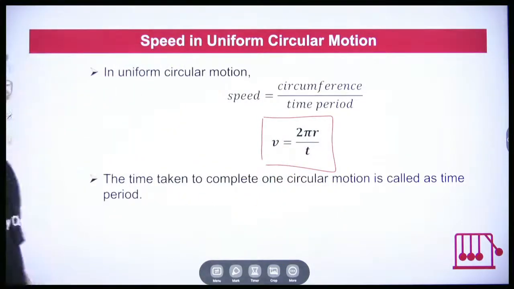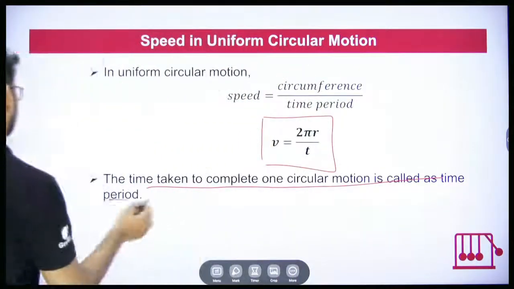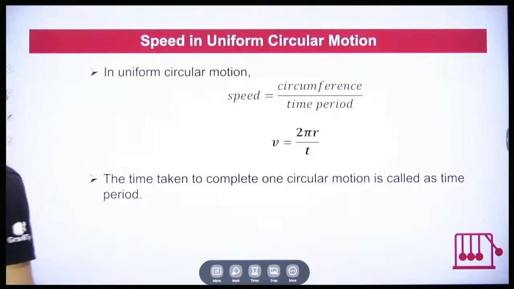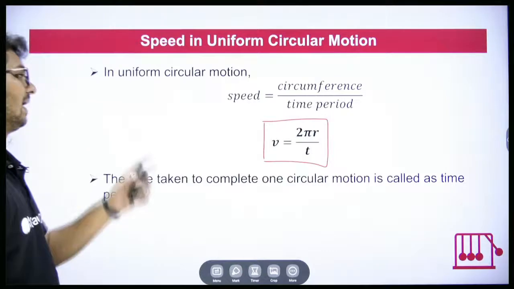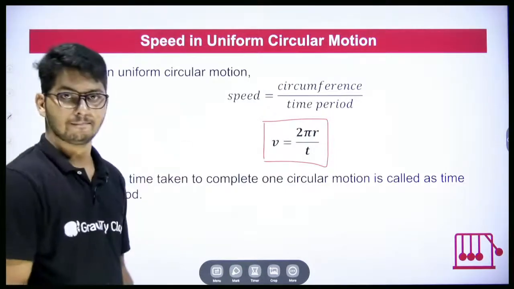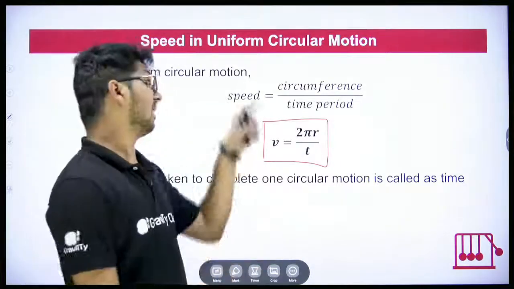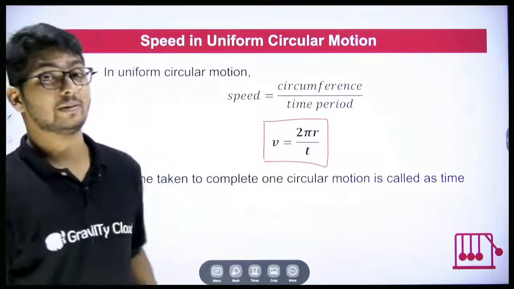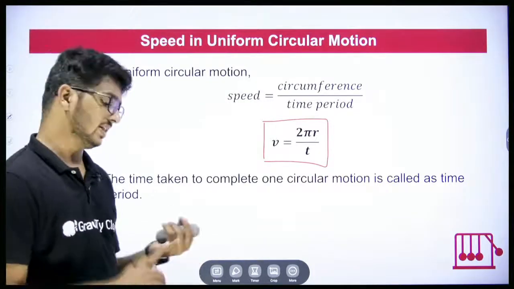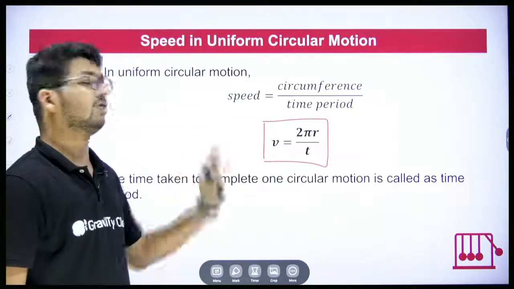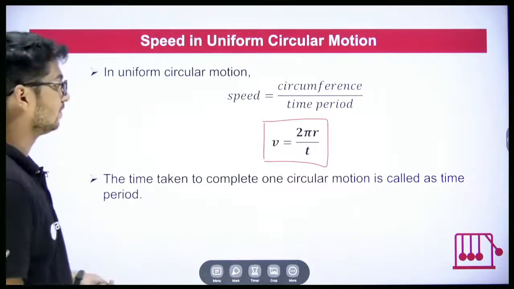Okay. So the time taken to complete one circular motion is called the time period. So this formula is applicable where? For one full circular motion. And using that we get what? We get speed. But ultimately, what is the formula for speed? Distance by time. From that we get circumference by time period. But remember, the formula for speed is distance by time. So in uniform circular motion, get the speed, get the time, divide them, you will get speed. Get the distance, get the time. Distance by time is speed.